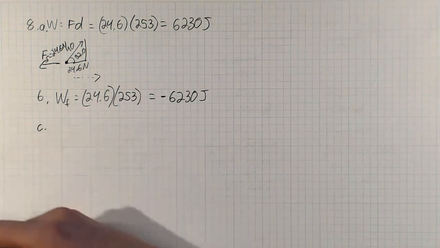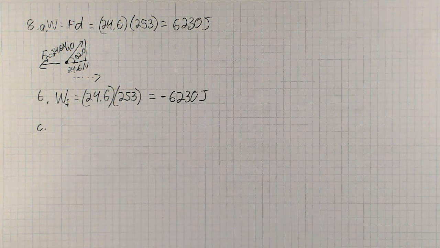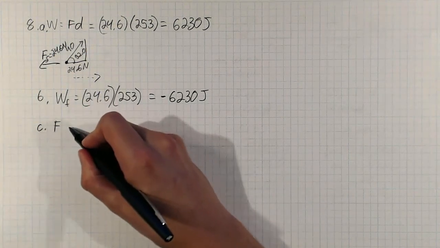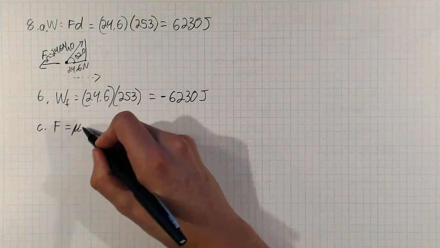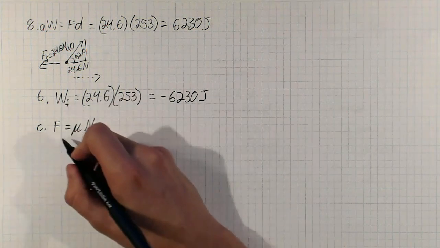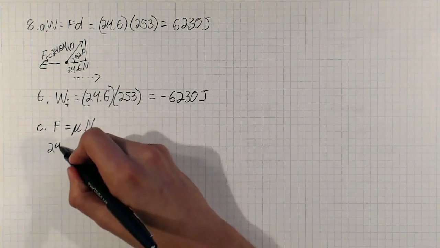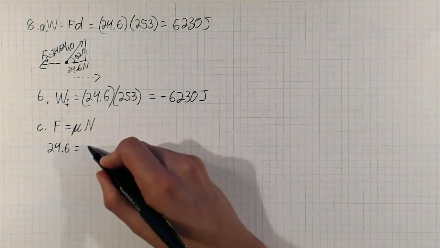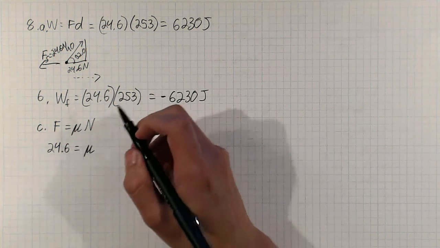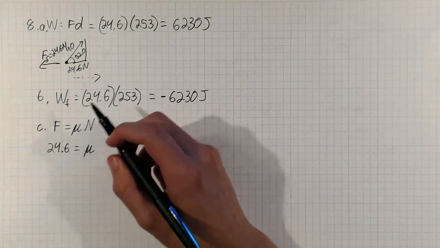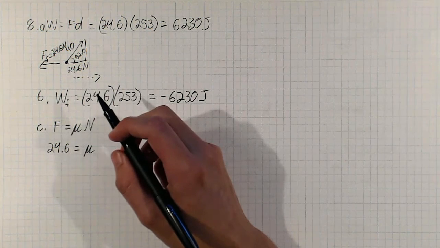And part C says it wants to know the coefficient of kinetic friction between the flight bag and the floor. So the only equation we know that has a coefficient of kinetic friction is F equals mu times normal force. So the force of friction we know is 24.6 equals mu. But what's our normal force? Immediately, you'd be inclined to think it's 70.0 newtons because that's the weight of the bag. But